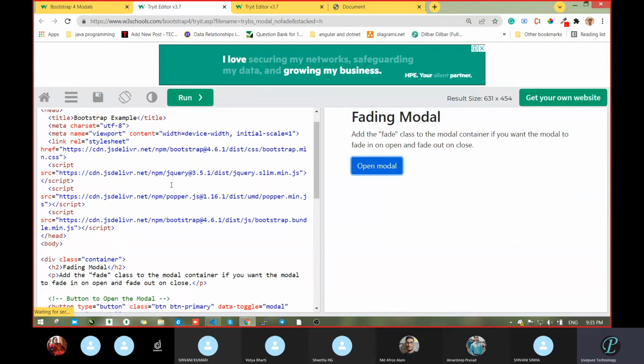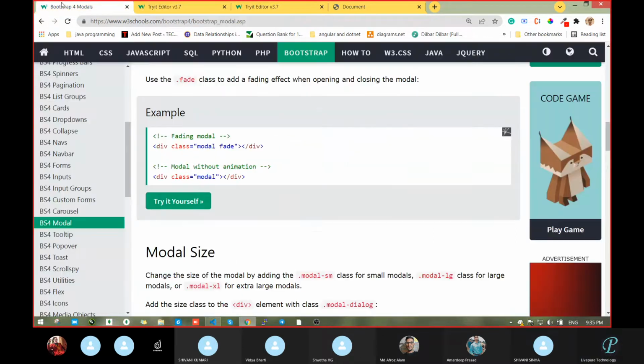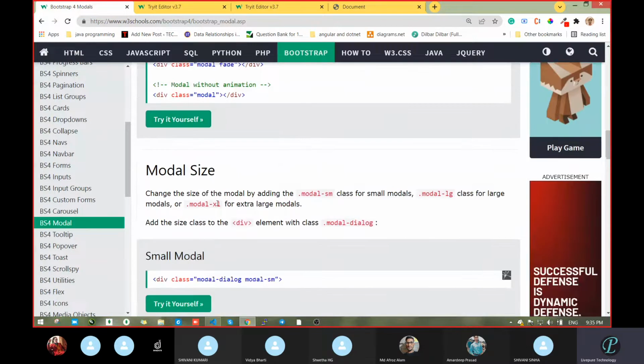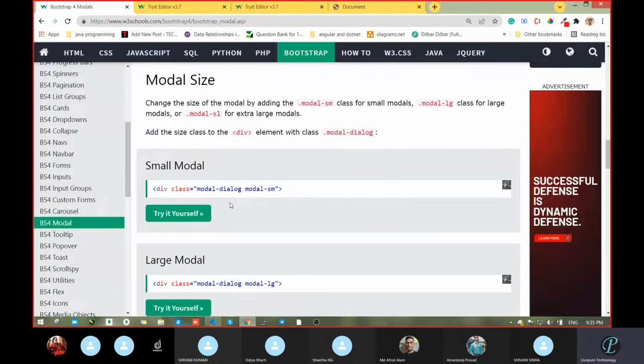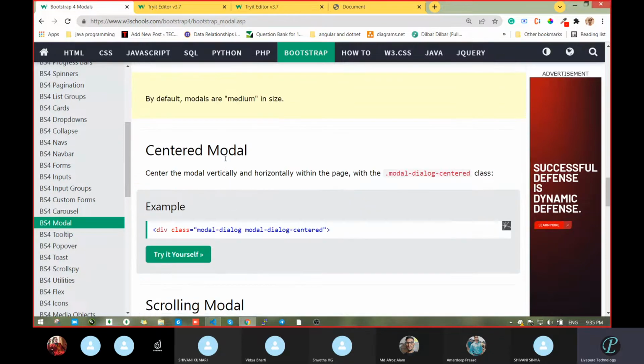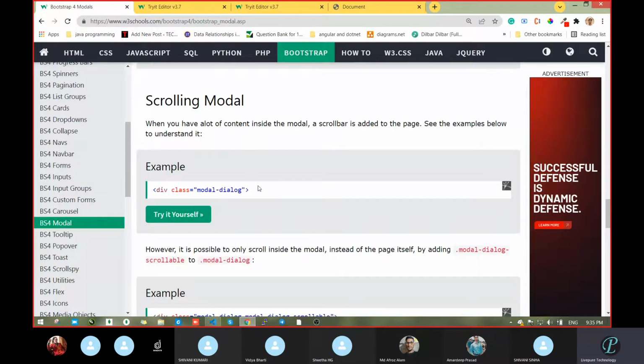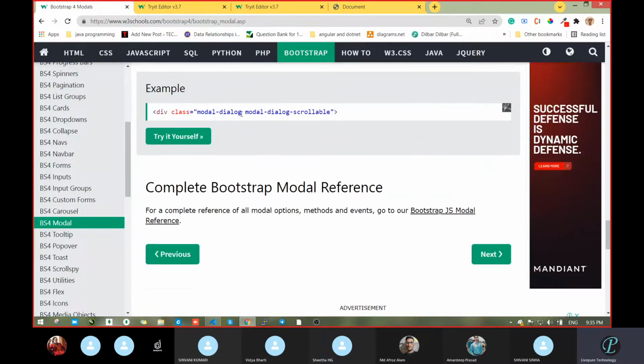So what is the class name? Just one class name, that is fade. Then modal size, you can increase and decrease: SM, LG, XL, whatever you want. Then centered modal: you have to pass modal-dialog-centered, and it will come in the center. A scrollbar, again with a simple modal dialog, and you will get the scrollbar. Different properties are there, and we can use them.